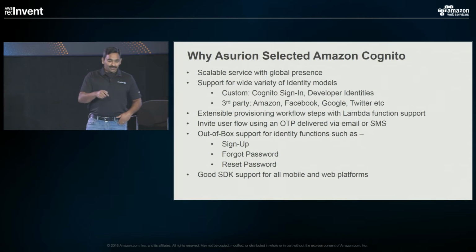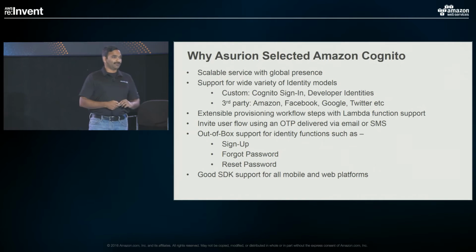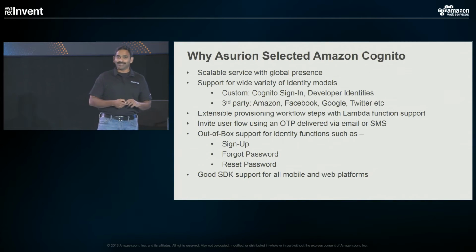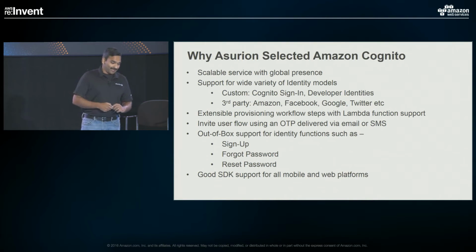So why we chose Cognito. Most of it is because of all the out-of-the-box features that it brought to the table. I will highlight a couple of those. The first one, obviously, being the scalable service globally available for us. As we try to close our gap from 40 to 290 million, we needed a service which could scale linearly with our growth. Cognito gave that as a platform service without us building the framework or taking care of the upkeep and maintenance.